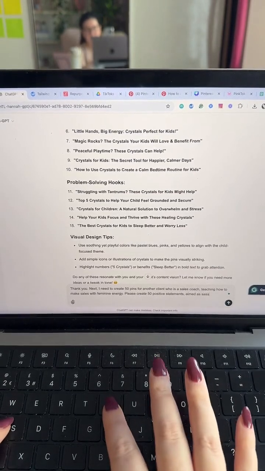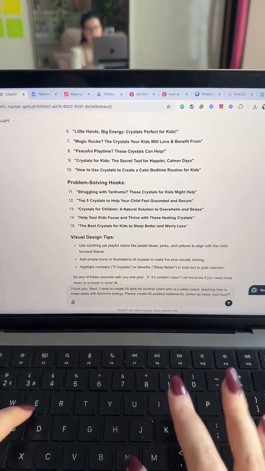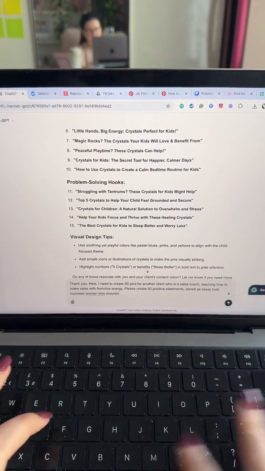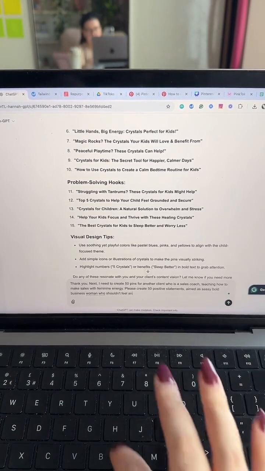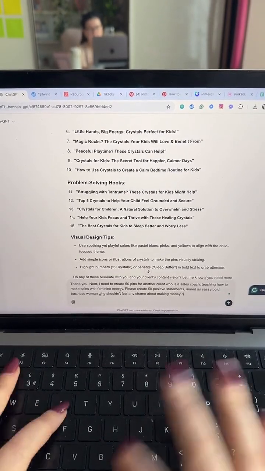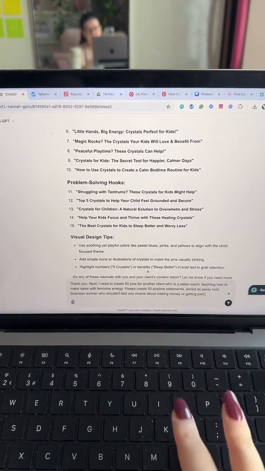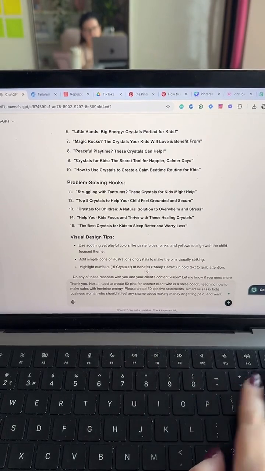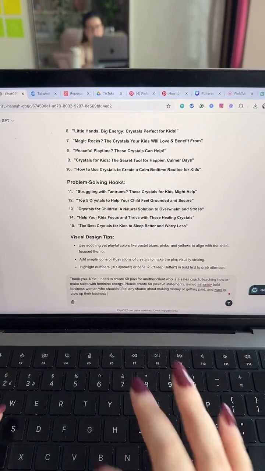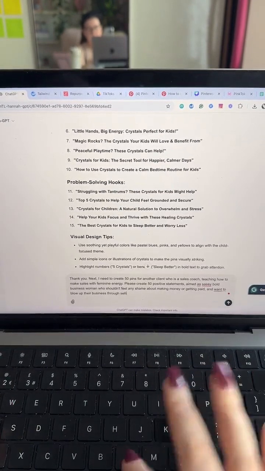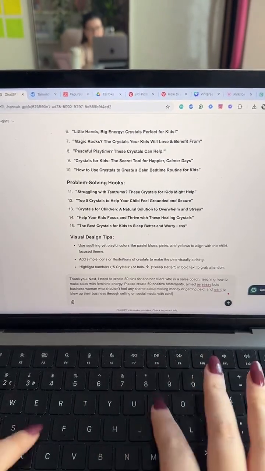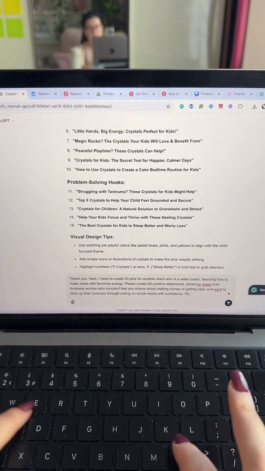Aimed at sassy, bold business women who shouldn't feel any shame about making money or getting paid and want to blow up their business through selling on social media with confidence.